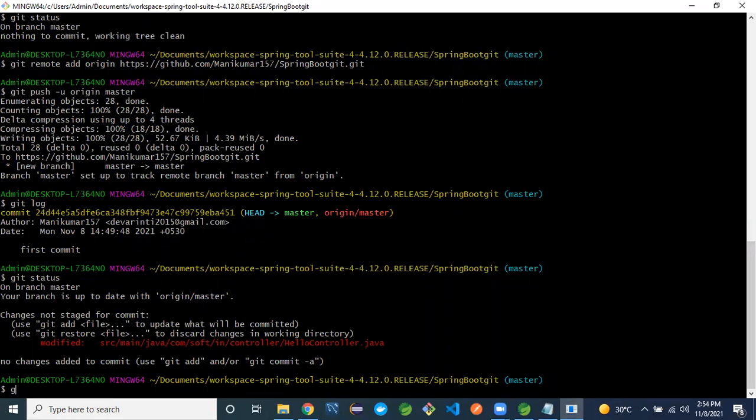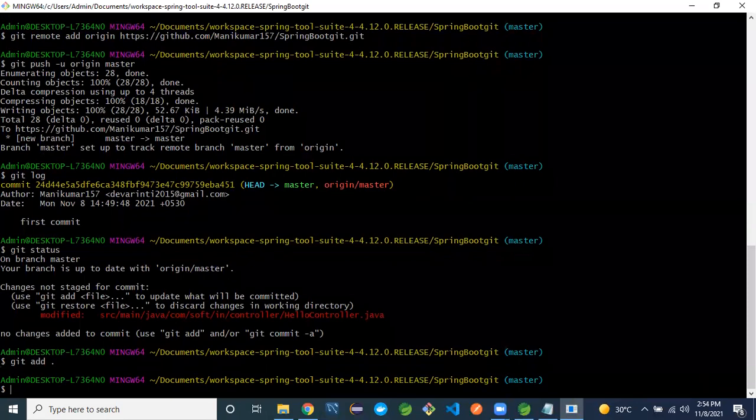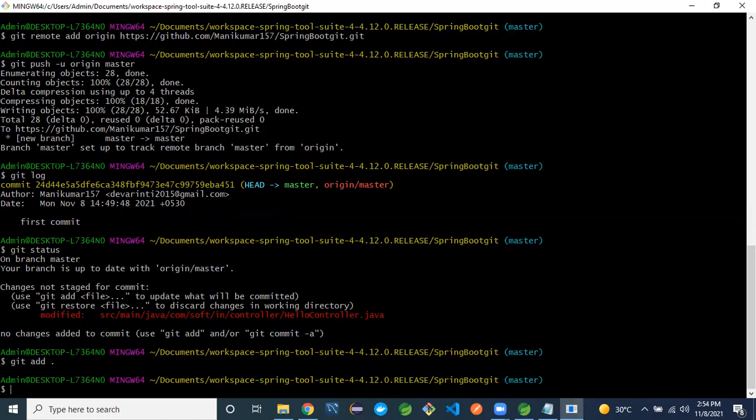Git add space dot. It will be adding. After that, committing: git commit -m and some message.